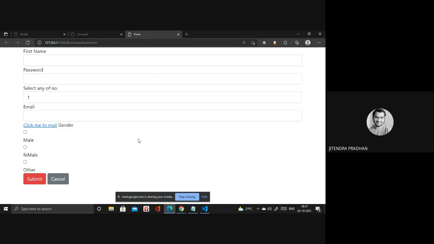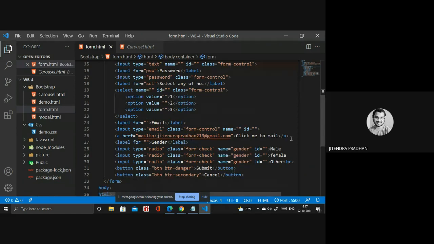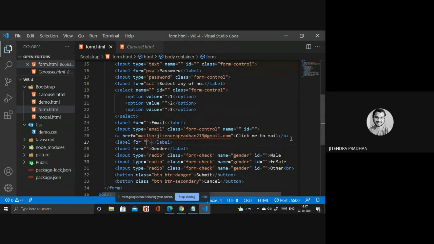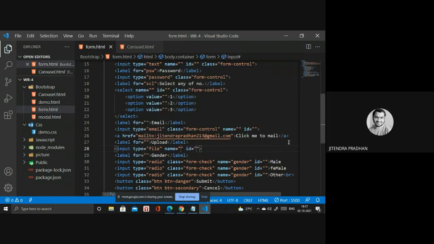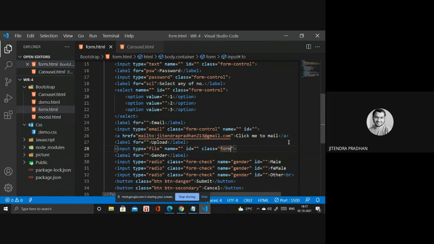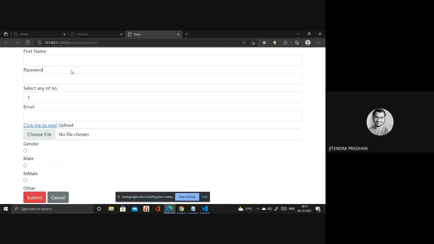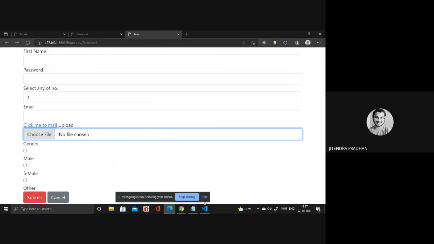Okay. And if you're designing your file input, then you have to use the file class. If you want to upload anything, then you have to use label, and inside you have to write upload. Then you have to give that particular input type file, and inside you have to write the class name, form control. Okay. You click that button, it will go to that particular folder and file. Okay. I hope you understand these things.